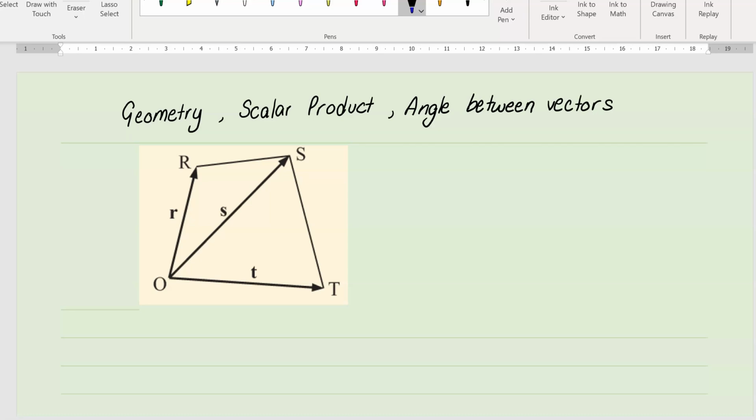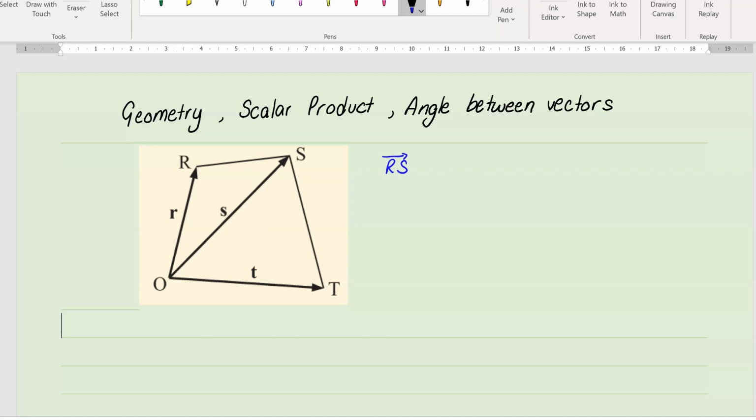Okay, just the last little section of our revision of vectors. This bit here is just quickly dealing with geometry, our scalar product, and we're going to use that to help us find the angle between two vectors. So just to recall, if we look at this diagram here, let's imagine that we want to find an expression